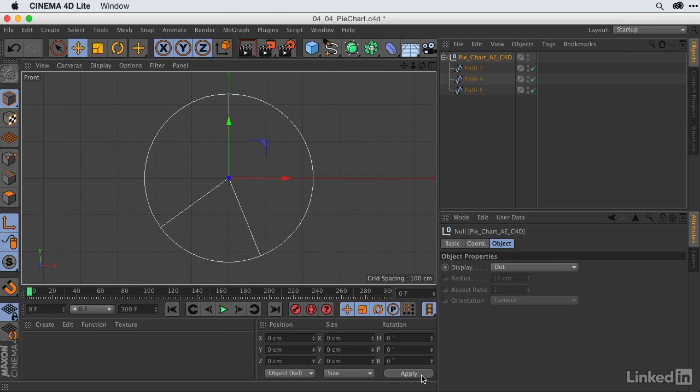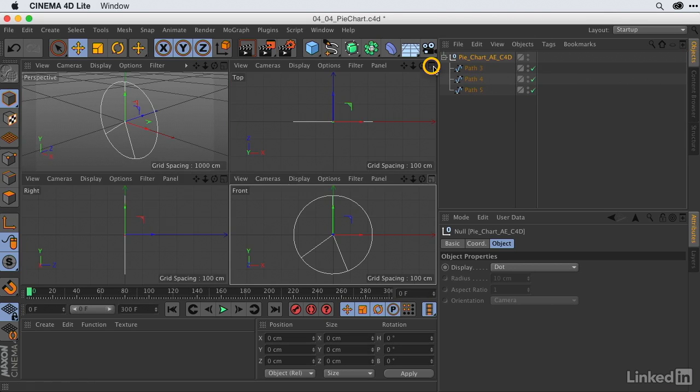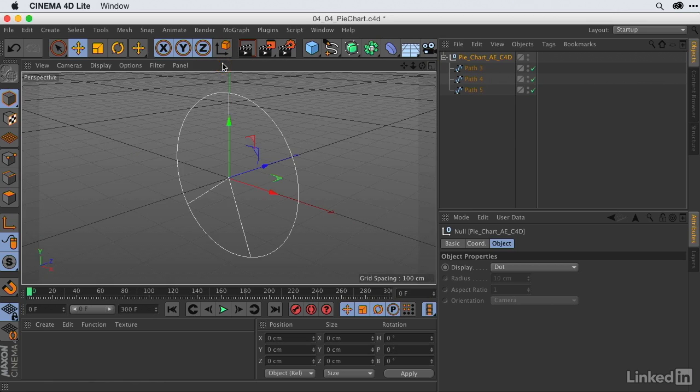And then when I click Apply, now it's actually centered up perfectly. So we can disable the Enable Axis Modification feature there. And now we're actually ready to create some geometry. I'm going to switch views one more time, go back to my perspective view here, and I want to extrude